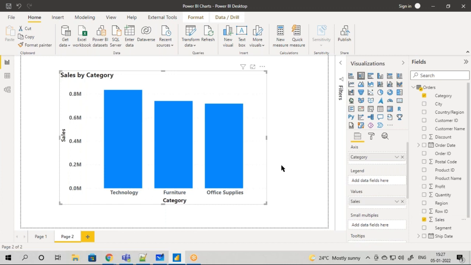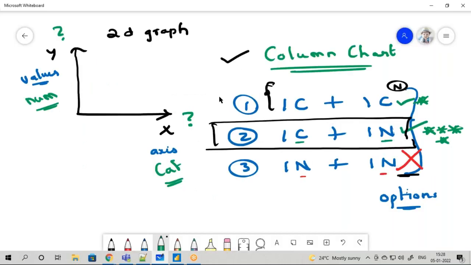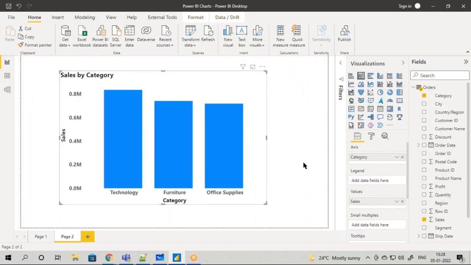So anyone can drag to this form and use this chart, but only a skilled Power BI developer knows when to use, when not to use. So this is a takeaway from this video. Whenever you are using a column chart, remember one thing, it has to be a categorical data comparing with the numerical data, then you can plot your column chart. Now, when I say categorical data with the numerical data, this is fine. It has only 3 categories.